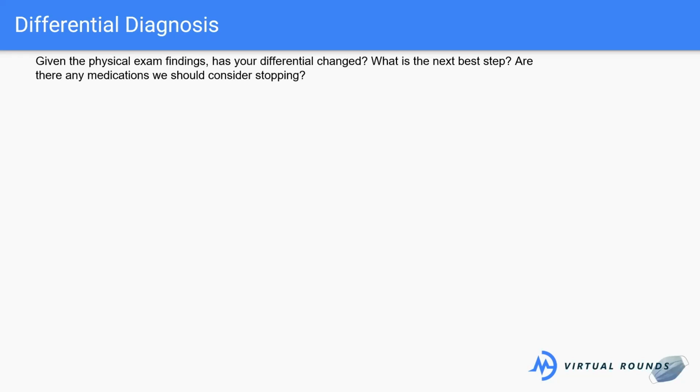Consider stopping it, sorry. And this is something that we can just keep in the back of our minds. After we do more of the workup and the diagnosis and make the treatment plan, we can come back to it and say, hey, are we going to counsel the patient on stopping this medication? Or are we not? So let's keep that at the back of our mind. But knowing that there's concern for endometrial cancer and that the endometrium is within the uterus, what's the next best step for evaluation?